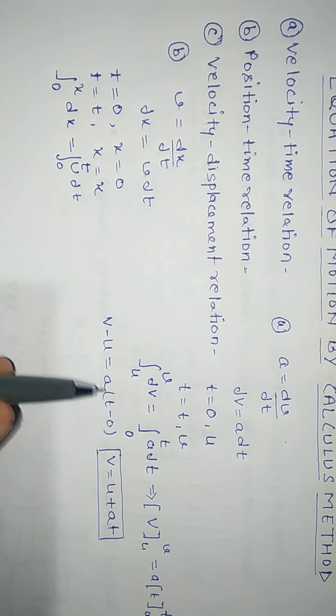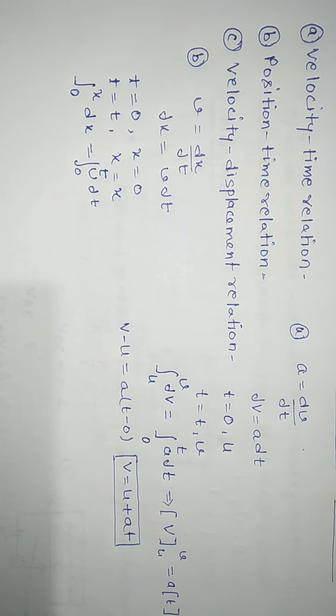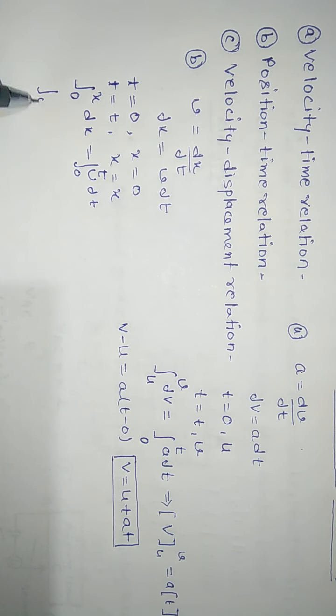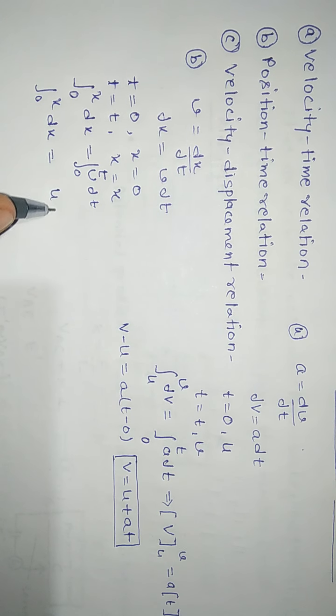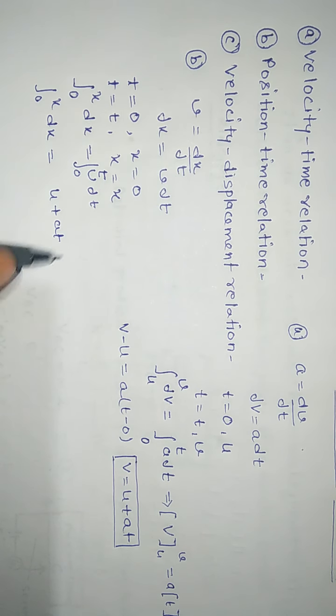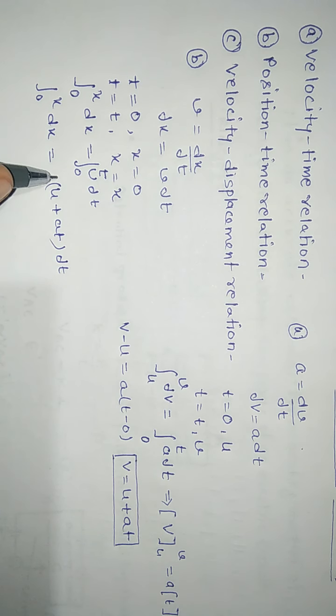Now from equation number 1 we know that v is equals to u plus at. So substituting this value we will get integral 0 to x dx is equals to u plus at dt, and the limits is 0 to t,